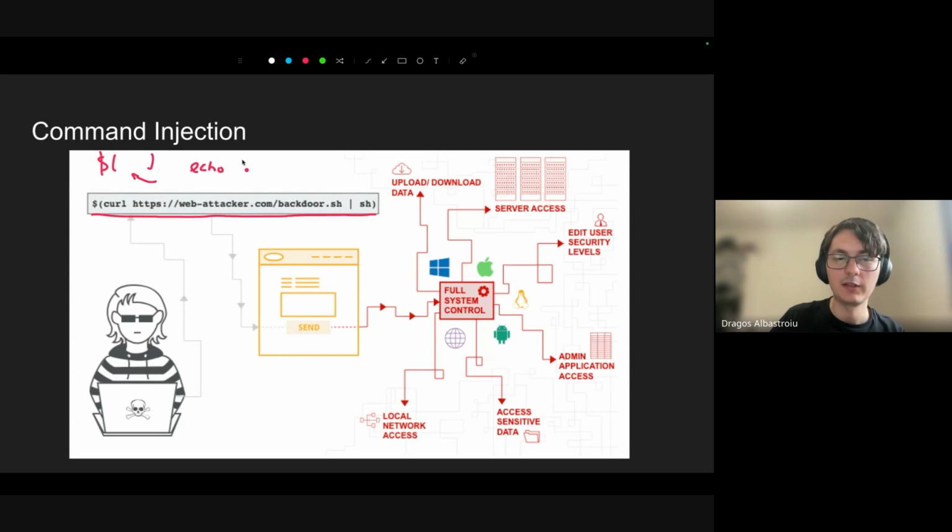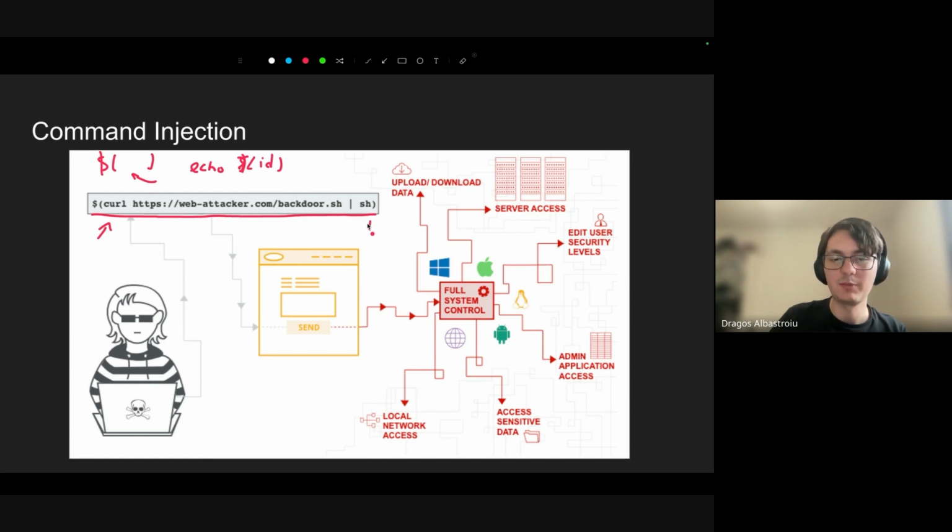If we want to do an echo and get the result of id, we'll just do echo $(id), and that will print the ID information from Linux. But in this case, the attacker does a curl to some backdoor or whatever the attacker wants to do, really, and then